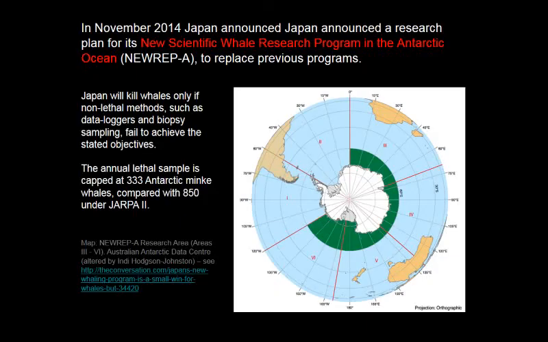In response, Japan came up with a new scientific whale research program in the Antarctic, called NEWREP-A, to replace the previous programs, and it reduced the number of whales from about 900 that it was killing to about 300 compared with the,